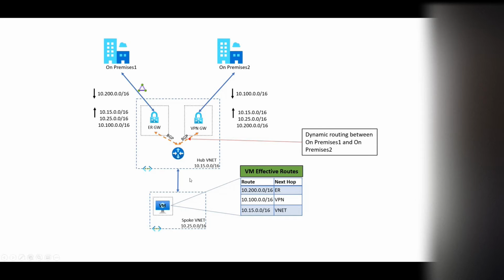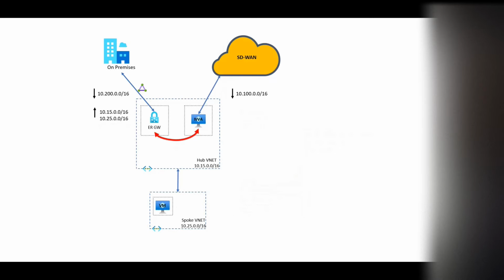Right. Let's take a look at another scenario, another pattern. This is where I worked with one of my customers, where they had an SD-WAN network and they had an ExpressRoute gateway. Here the NVA, I think, was a CSR, or possibly something else. I forget now, but I worked with a few customers, Silver Peak, CSR, Cisco. Either way, again,